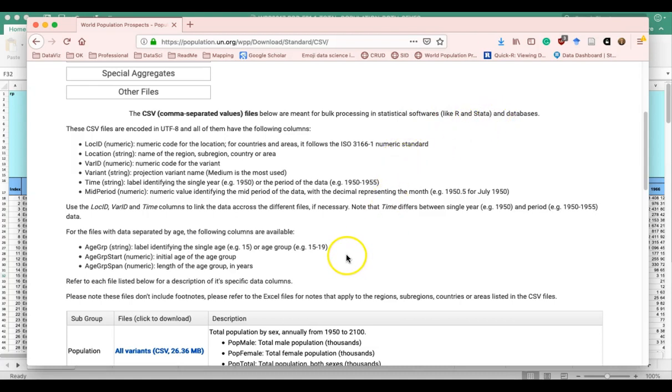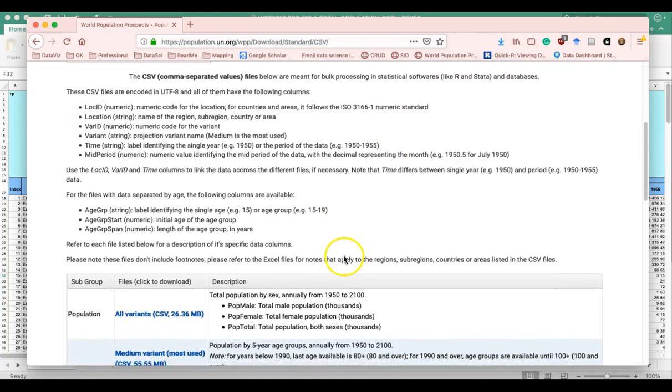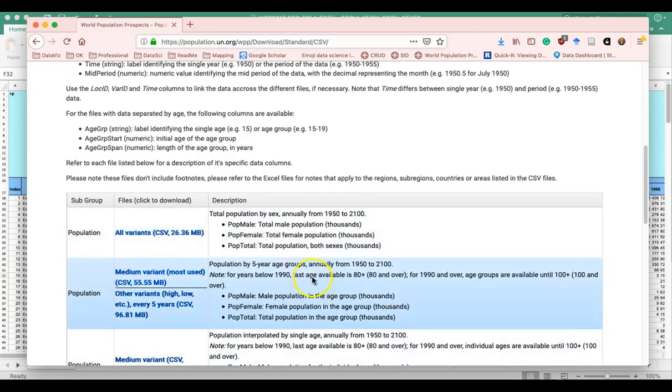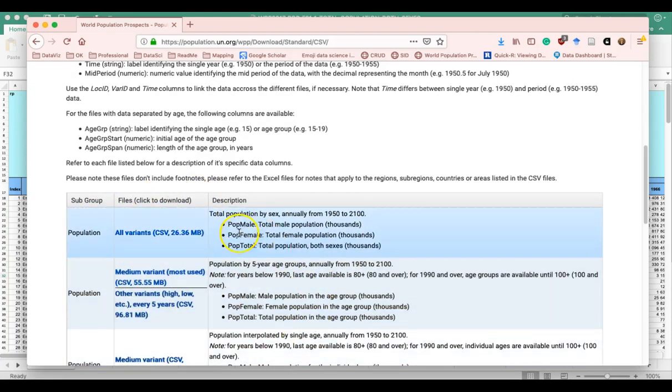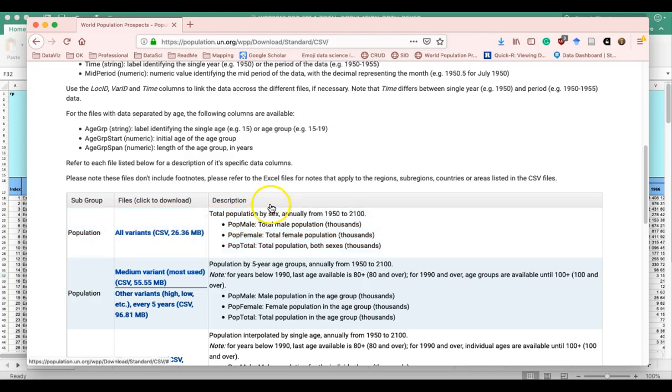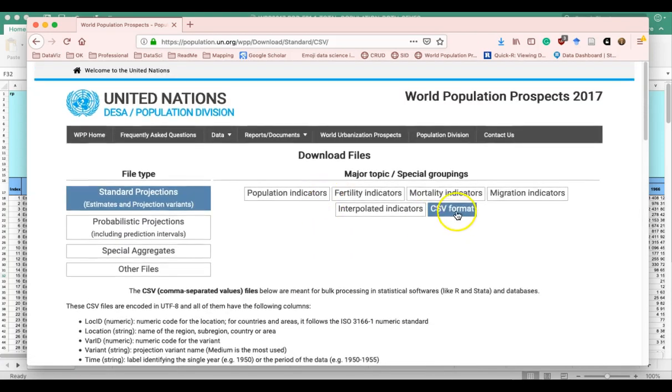And of course, an organization like the United Nations publishes their population data in a format that's ready for computers to process. Ultimately, it is always very wise to check on the websites, especially of bigger organizations, if they have distributed the data in a way that's going to be easier,